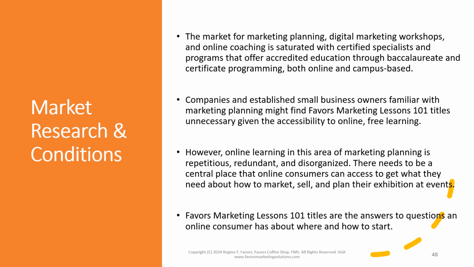However, online learning in this area of marketing planning is repetitious, redundant, and sort of disorganized, meaning that it takes a while. If you're not a good researcher, if you're not a person who knows how to conduct really good keyword research to find what you need, you might feel kind of frustrated. There needs to be a central place that online consumers can access to get what they need about how to market, sell, and plan their exhibition at events. Favors Marketing Lessons 101 titles are the answers to questions an online consumer has about where and how to start. And I noticed that even in the titles, I'm still going to have to get even more specific. So that is a work in